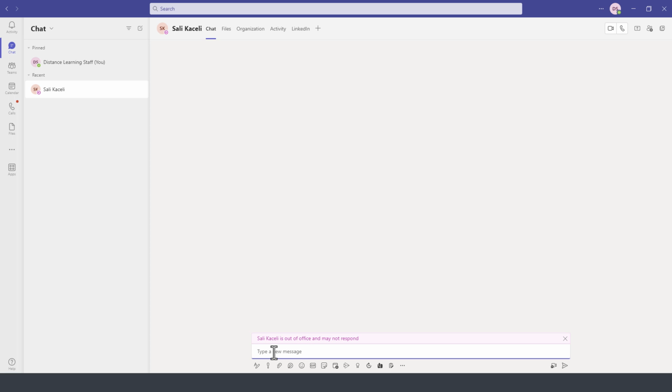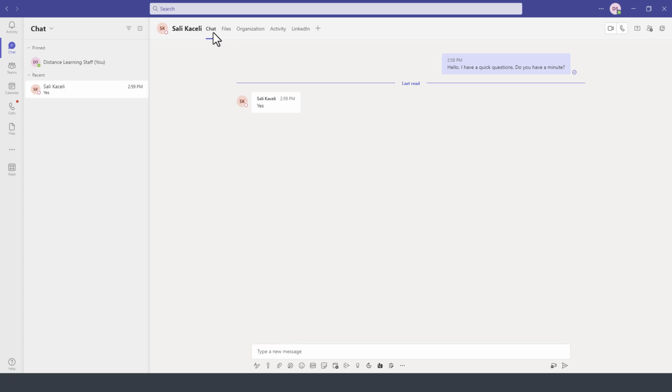So in this case, you type the message. Further down here, you can format the chat if you want it. You can add attachments and use any of those tools on the bottom. Then press send. The individual on the other end will receive the question, and then if they are available, they'll respond. And the response will be displayed very similar to this, and then you'll interface with that particular individual as